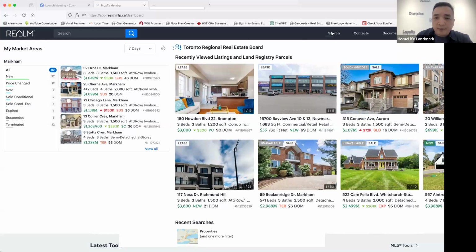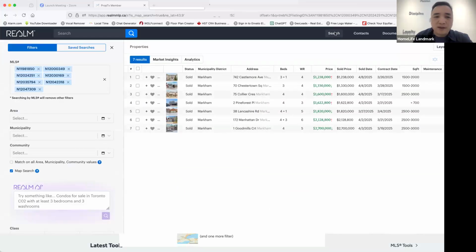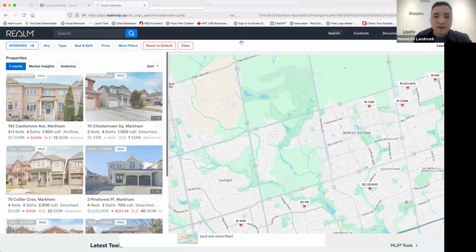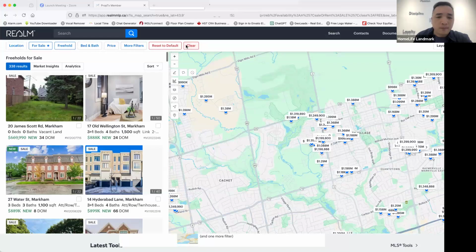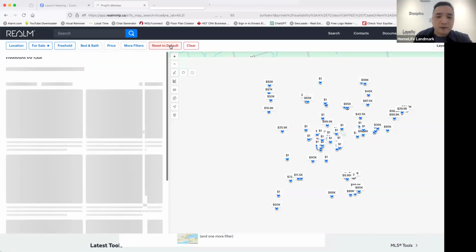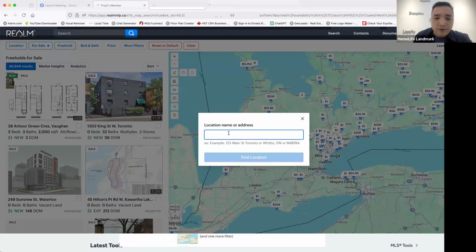First we go to the button called search. Once you go to search, because the system always memorizes the last search, I will always do clear and reset to default. That means everything goes to default. And then I will try to find where the Wismer area is. If you know, you can just move into the map. If you don't know,